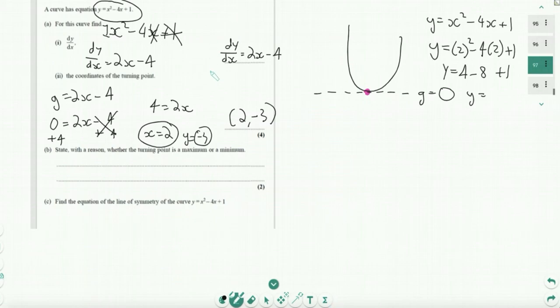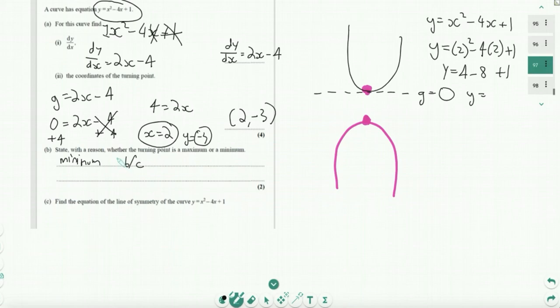Now state with a reason whether the turning point is a maximum or a minimum. Well, since we've drawn our graph, guys, it's really obvious to see that this point is a minimum. It's at the bottom of the curve, okay? If we have a curve like this, the turning point would be a maximum, because the turning point is at the top of the curve. So this is a minimum,